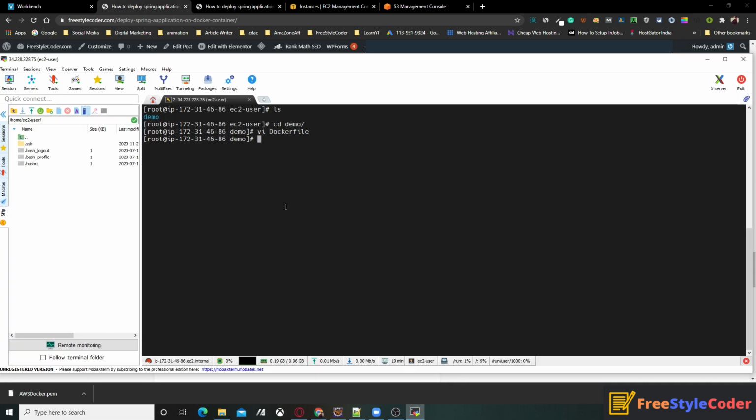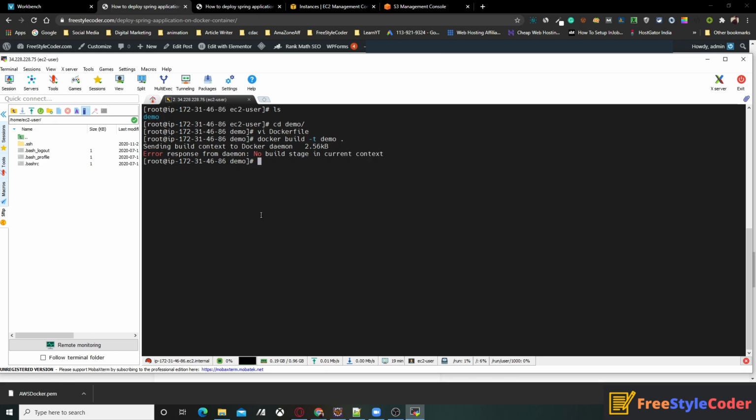Sorry, paste it over here. You can give the image name any image name you can give. So I simply write demo. Then this dot is important. This dot means you are in the current directory. Where is your Docker file? In the current directory. So hit enter.